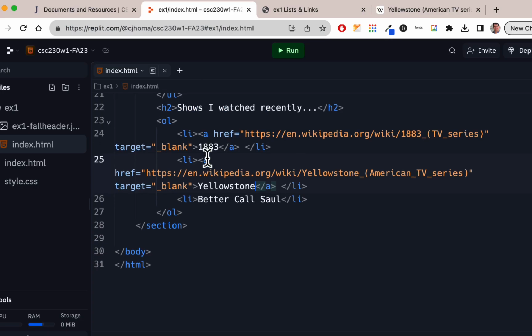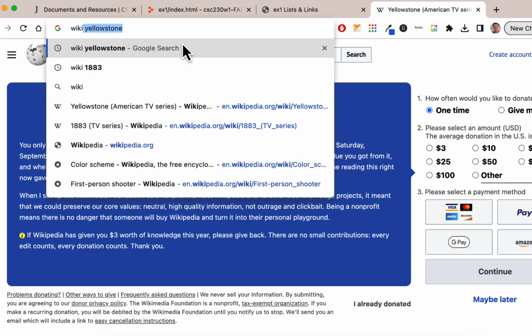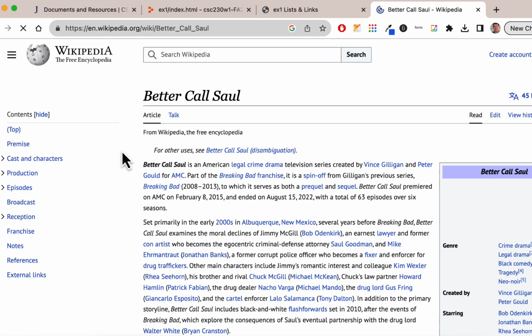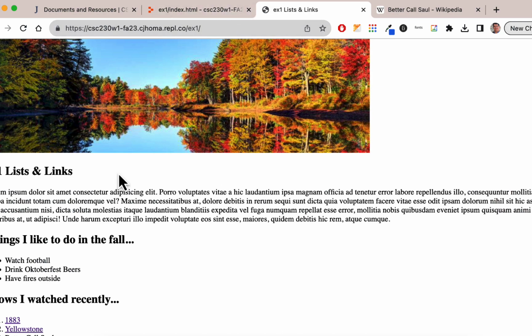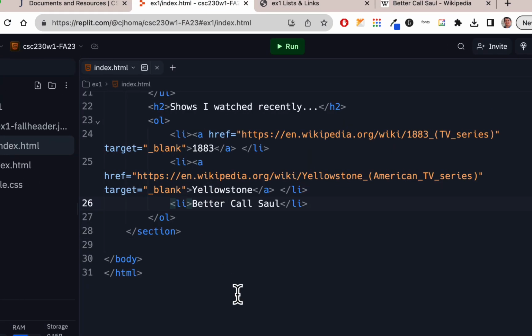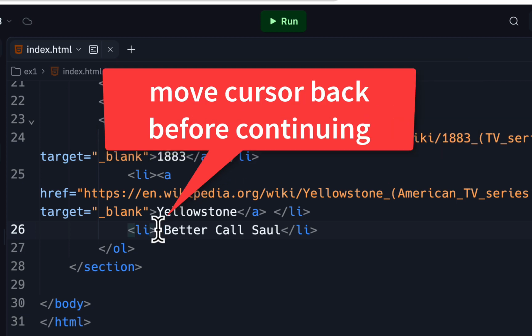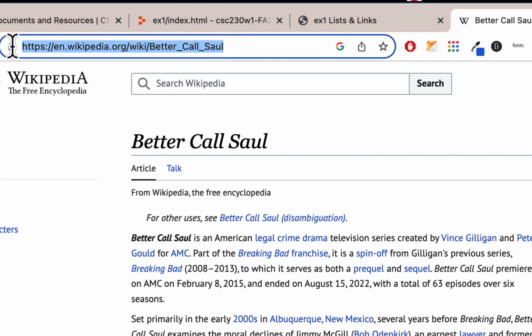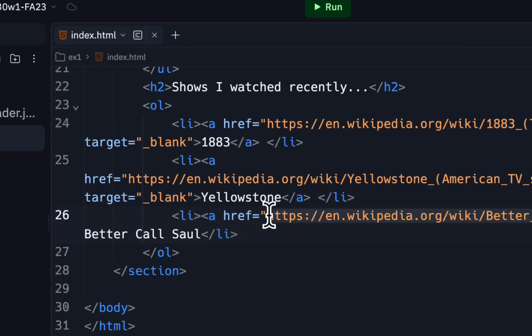I'll go back to my code. And there's Better Call Saul. So let's look up Better Call Saul. Just do wiki Better Call Saul. And there it is. And here's the thing about the show. And this is the URL I'll put in here. So let's go back. And again, I click on here first, but I want to go to my code. And remember, if you want to put a hyperlink, put a space, and then go back. Put your cursor there, then do A, tab. And you can go and highlight this URL, copy it, go back to your code, paste the URL in there,